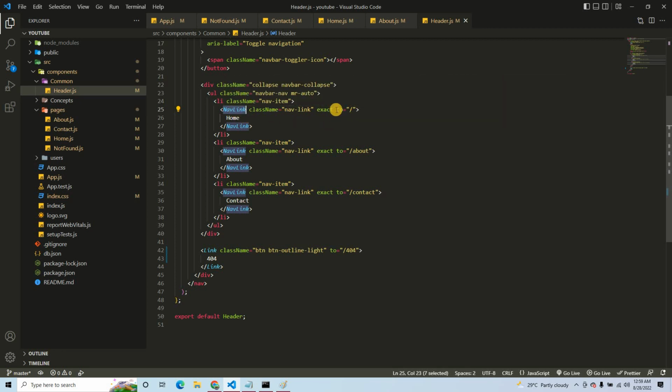And second thing, instead of writing href, you need to put "to" here instead of href. If you put that href tag, it means that it will refresh your page. That's why React is a single page application, and we don't want to refresh our application. So that's why we are using "to" here in navigation instead of the anchor tag. So these things you need to put in your navigation